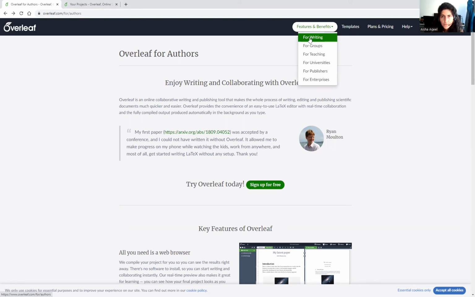I have not honestly used it so far for teaching, but I use it very often for writing. It's an online tool where you use LaTeX, so you can write even in your downloaded version of LaTeX, or you can use this online tool. Lately I prefer this online tool a lot because it has many advantages.